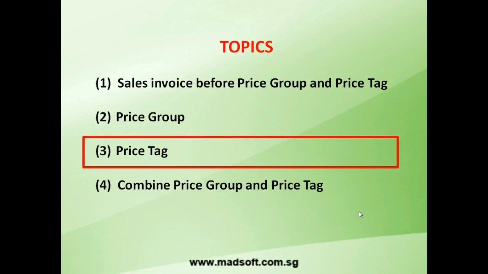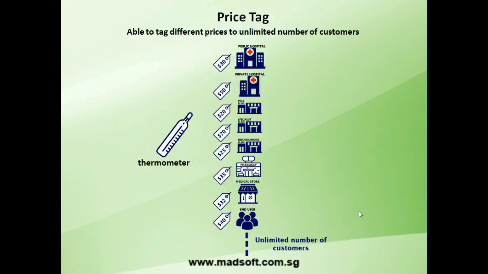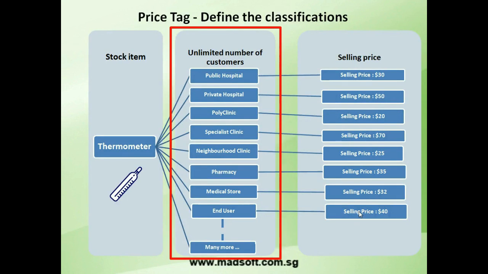Next, we'll be looking at the price tag feature. The price tag feature is an enhancement to the price group feature. We will have a stock item tagging to an unlimited number of customers with different selling prices. The price tag feature allows us to tag different prices to an unlimited number of customers. And in our example, we'll be using the stock item thermometer, tagging to an unlimited number of customers with different unit selling prices. So let's take a look at the next video to see how we can use this price tag